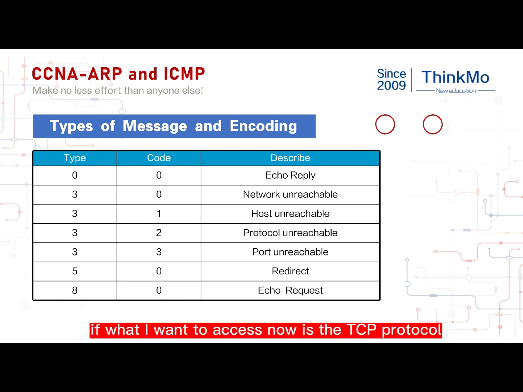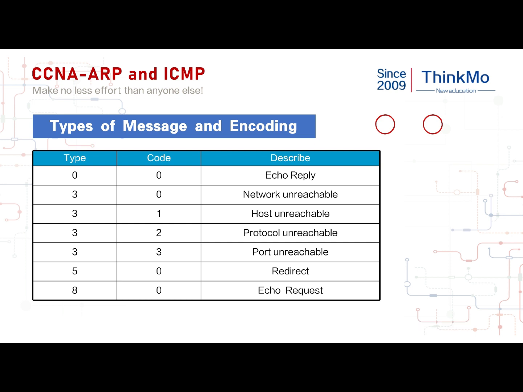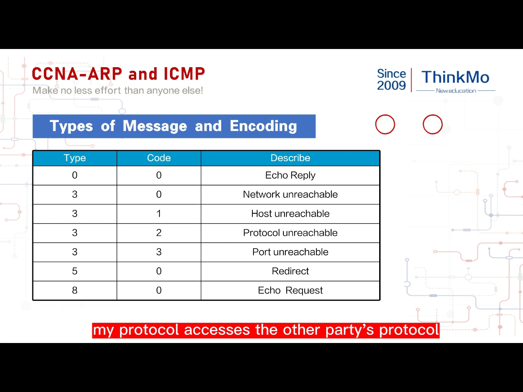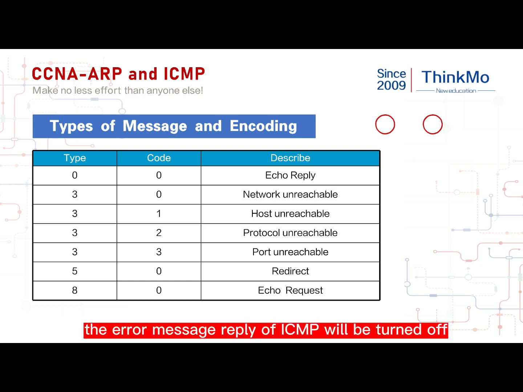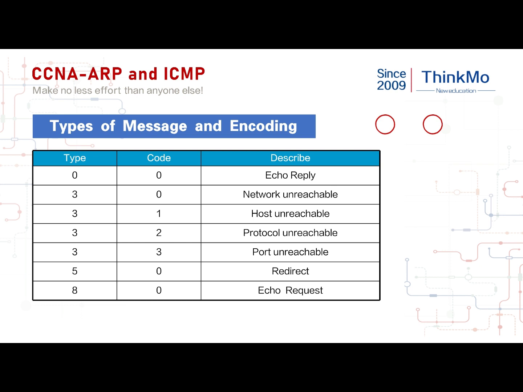If what I want to access is the TCP protocol, but the other party has not opened this protocol, then I have no way to access it. If the other party does not open this protocol, it will reply to me with a message: protocol unreachable. But usually, these unreachable packets cannot be received, because on many devices the ICMP error message reply is turned off by default. But in case the network goes down one day, you can use these error codes to do a corresponding